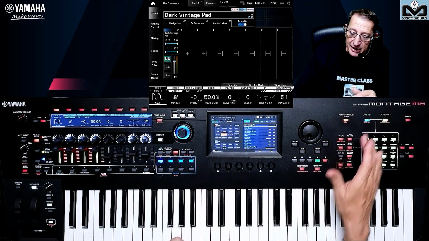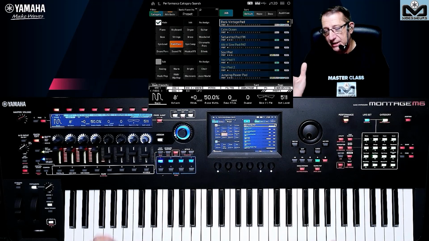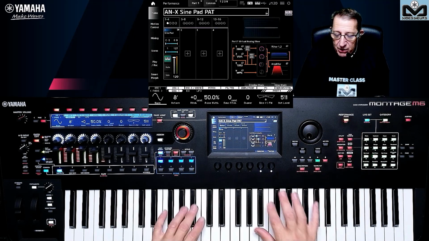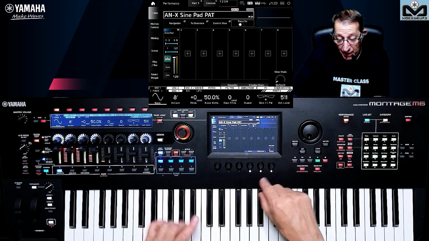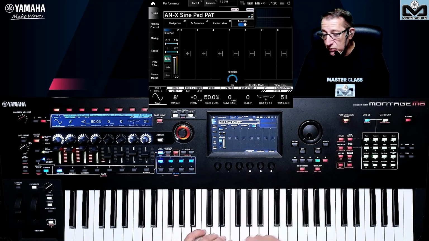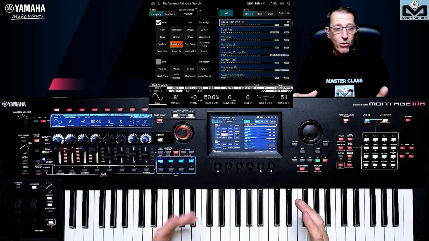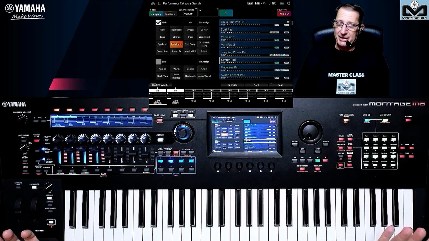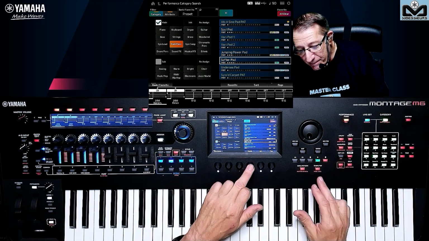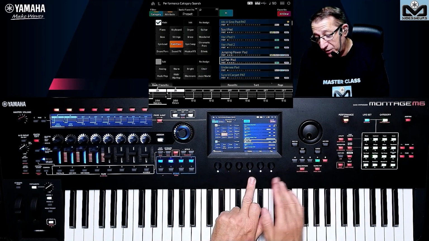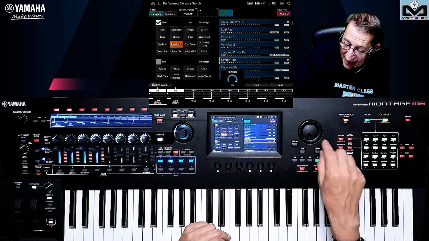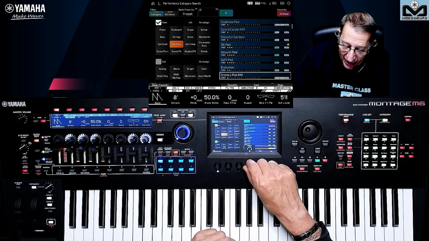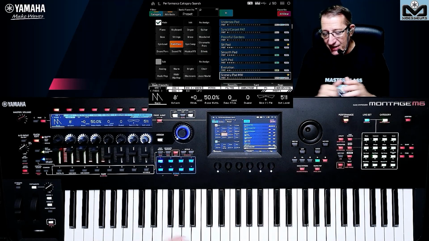And if you are on category search, perhaps you say, okay, I am on category search. Do I need to jump to performance and say, I like it, I want to set it to favorite? So I need to change the view to have the favorite? No, of course, you can do it directly here. Just press the jump button. The jump button lets appear the same encoder, the third from the right, and you can set easily what you want. You try and say, okay, I like this one, I want to set it in favorite. Okay, I like this one. Very easy. You can catch and navigate directly here.